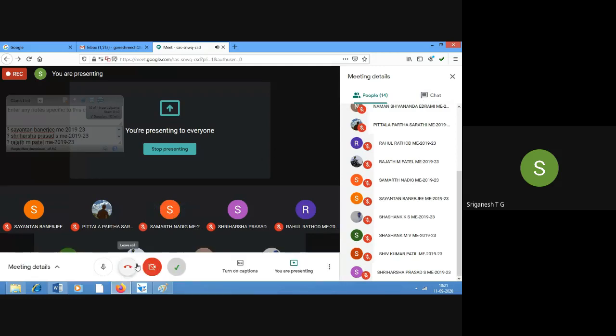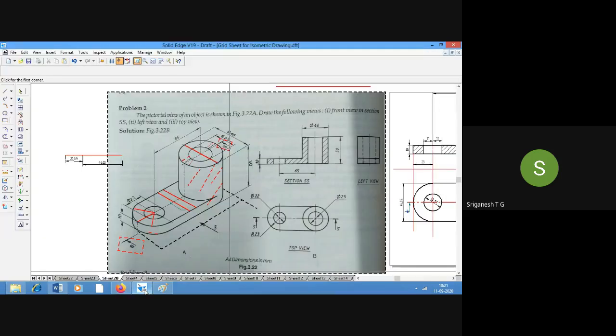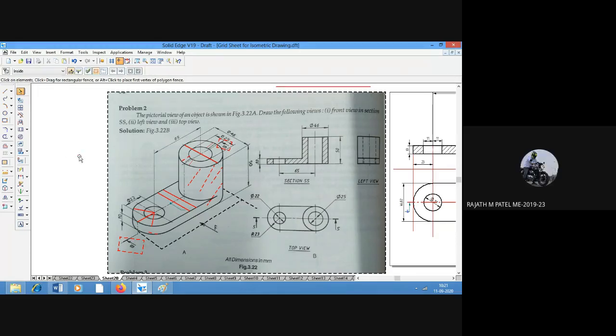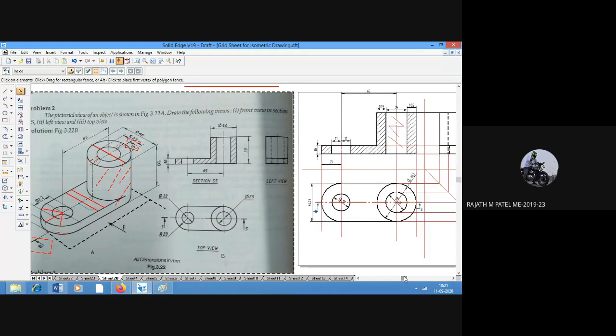Okay, finished with the problem? Sir, in the sectional front view, do we have to show the complete distance, 111 something, from end to end, or only what you said?